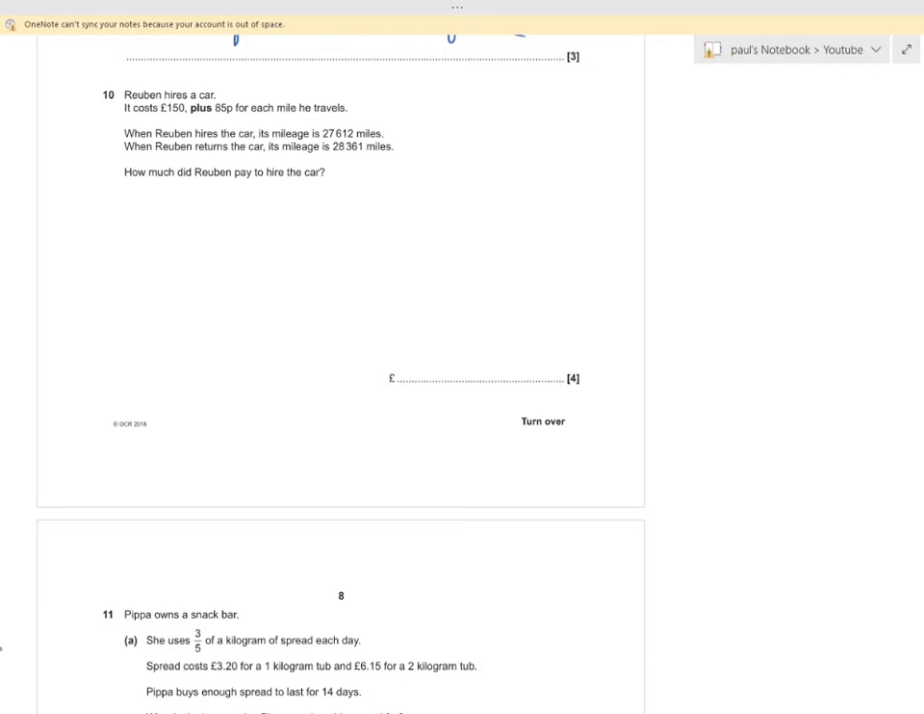What's Ruben up to? He hires a car that costs £150 plus 85p for each mile he travels. That's the beginning, that's the end. So let's find out how far he travelled by subtracting one from the other. So 28361 subtract 27612: 5 minus 1, that's 9, that's 4, that's 7, 0, 0. So 749 miles times 85p